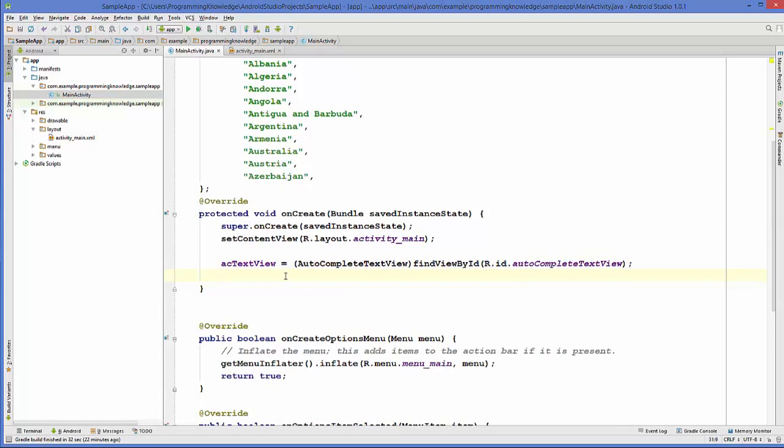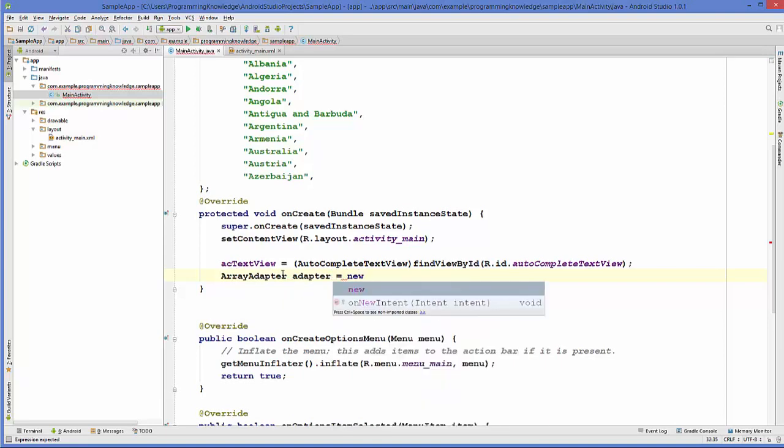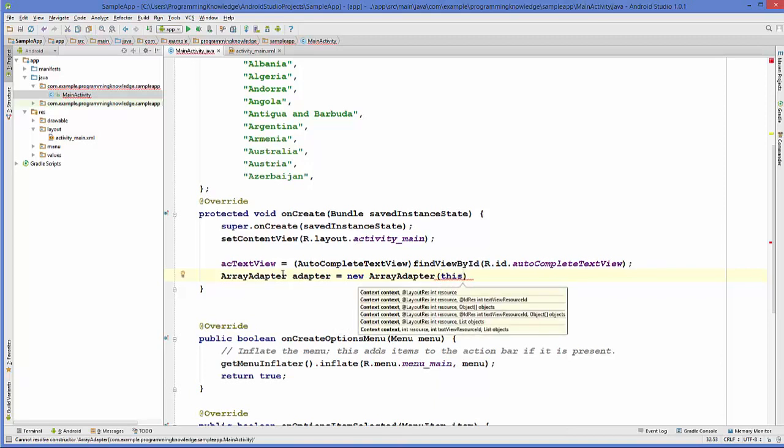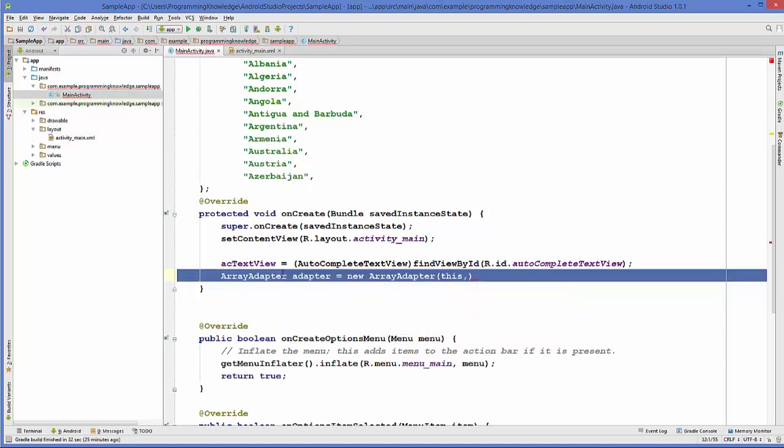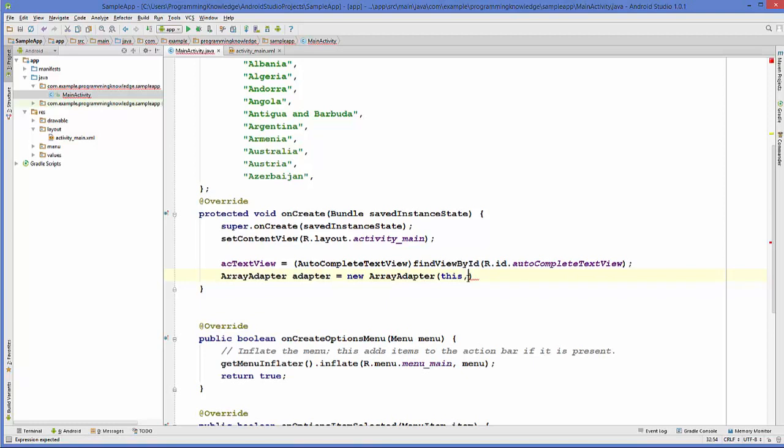Now what we are going to do is, first of all, we need to create an adapter or array adapter which we can set to this autocomplete text view. So let's declare this array adapter variable. Array adapter is equal to new array adapter, and this takes 3 arguments. First is the context, second is the style, so we will take the style from Android